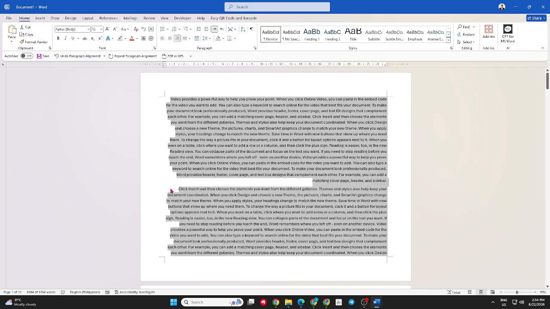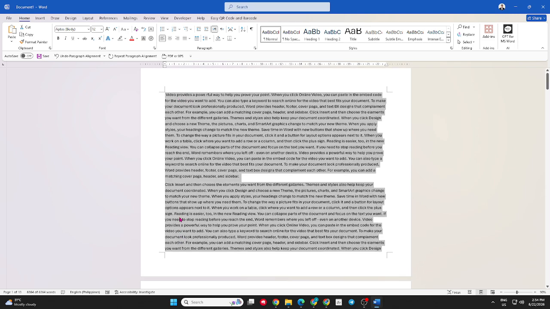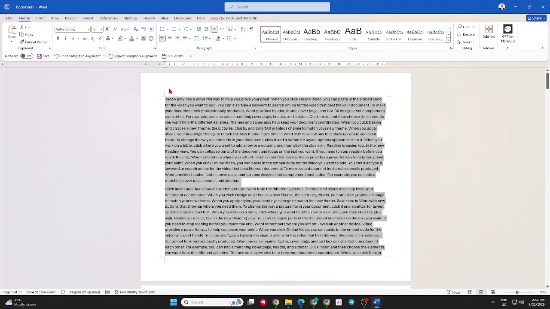For this example, we're going to keep the text aligned to the left. This creates a clean and familiar layout that you commonly see in books and many other types of documents. The left side remains consistent, making the page easier to follow while allowing the right side of each line to end naturally. Once you select the left alignment option, the formatting will be applied to all of the text you